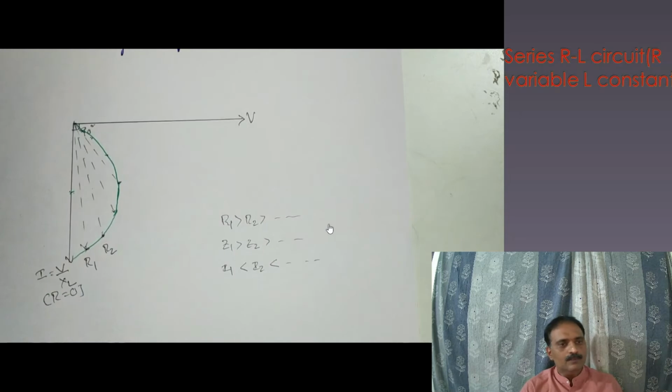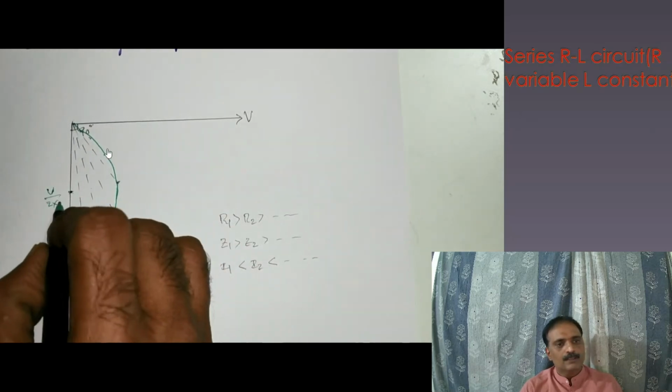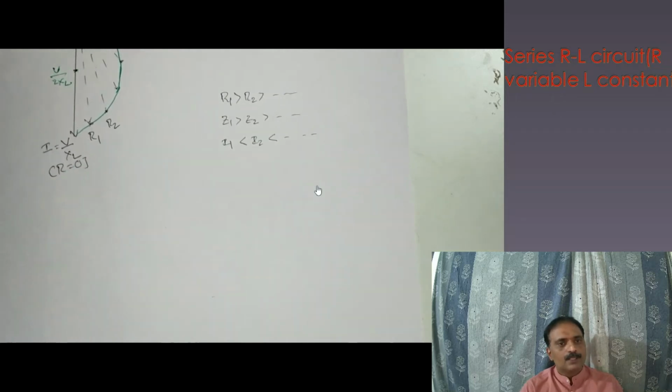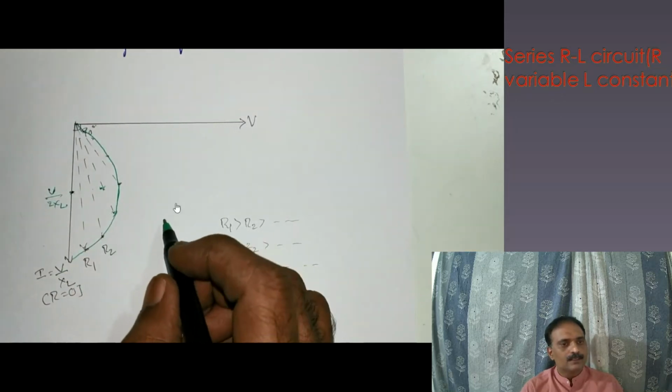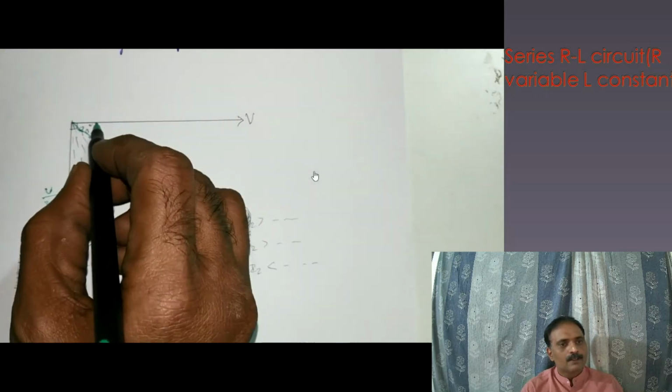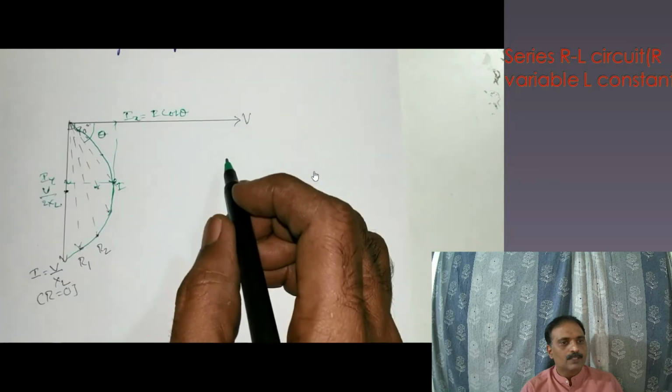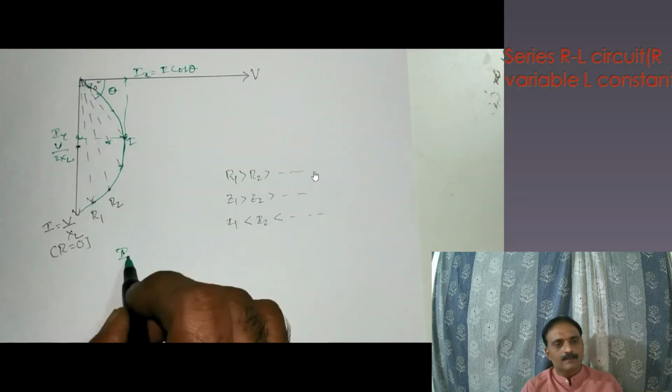So here this is a semicircle we are going to have, with the midpoint or the center at 0 comma V by 2XL, and we are going to prove how this resembles the equation of a circle having a radius of V by 2XL. For that, I am going to consider this as the current here, making an angle of theta, and the x component is I cos theta, and the y component Iy is going to be I sin theta.